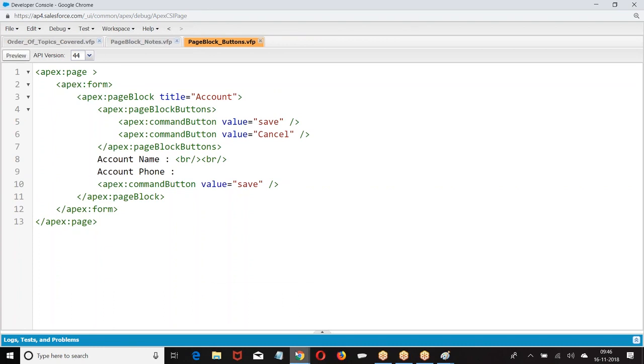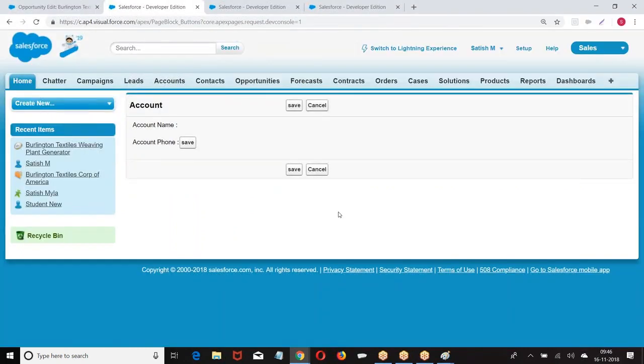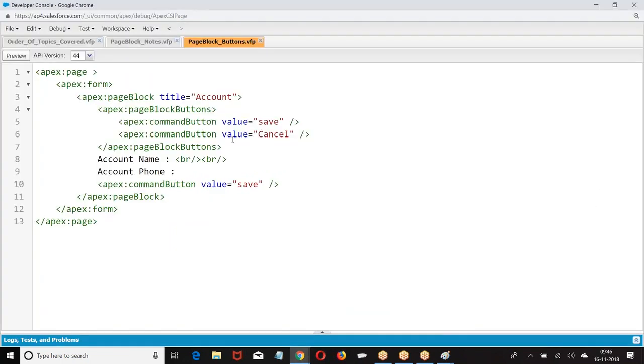Click on preview. So where are the buttons displayed? In the header and the footer. I told you by default this area is occupied for title, and the remaining area is for buttons. Within the page block buttons, whatever you write will be displayed in the header and the footer.